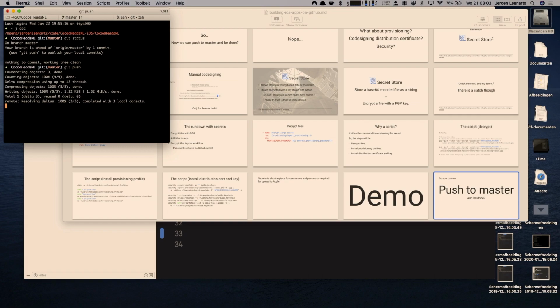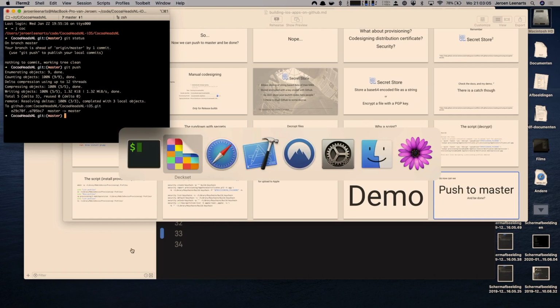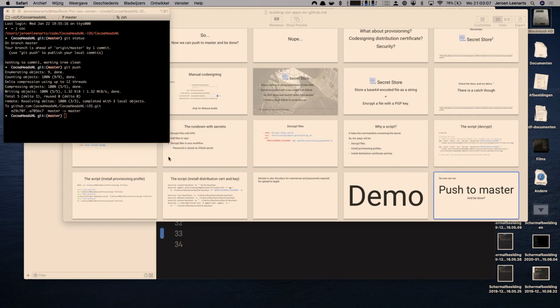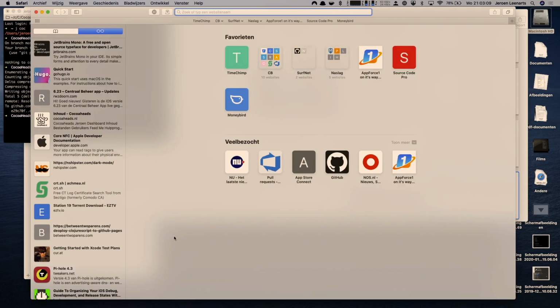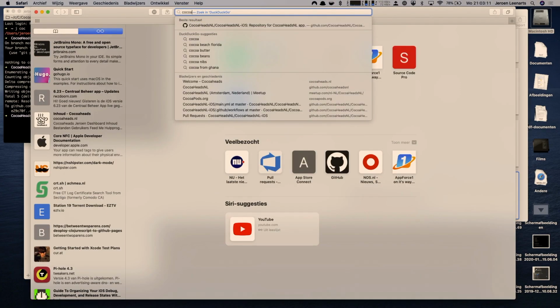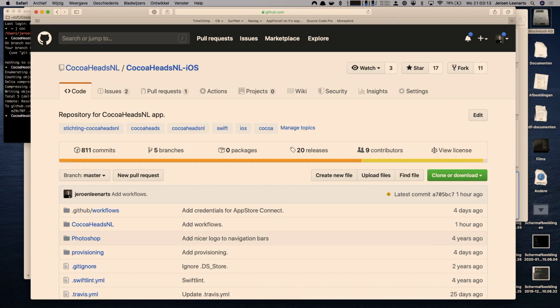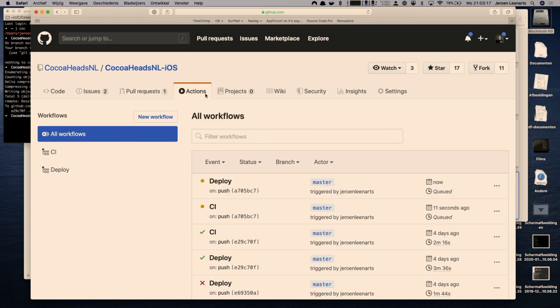So this just pushes it. And then if I go back to my repository and look at my actions, you see that the deploy is running and CI is running. So if you are Bart, there will be a new build coming in like 20 minutes.